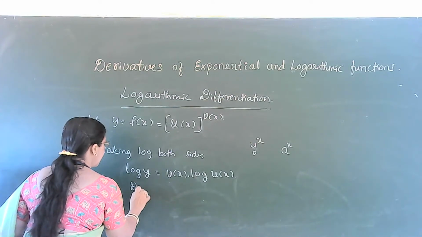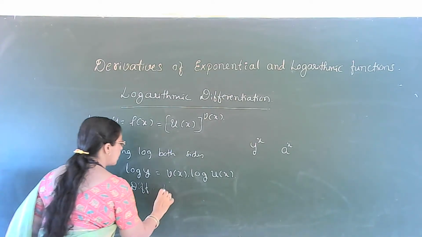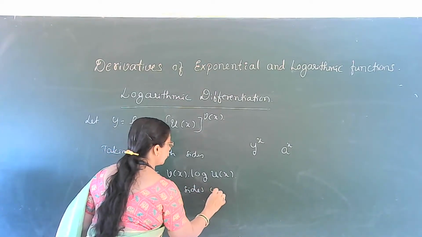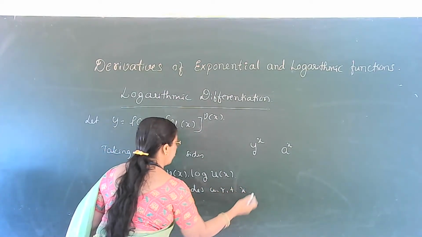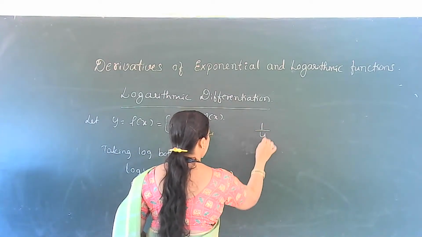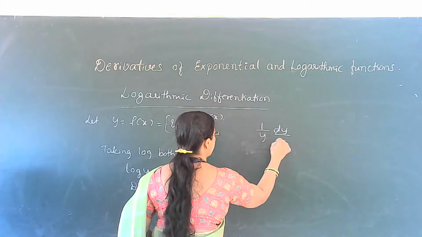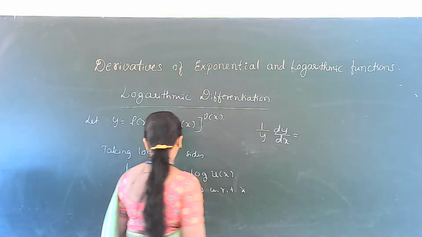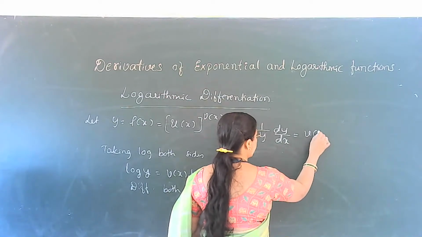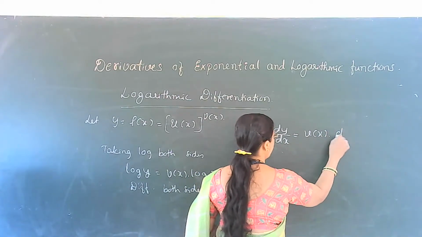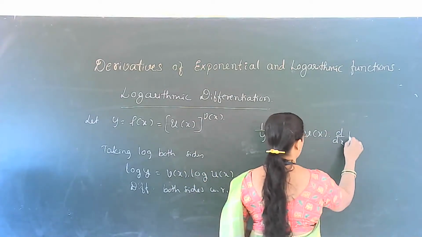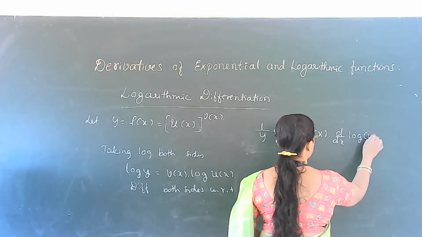Then differentiating both sides with respect to x, we get 1 by y dy by dx, which is equal to v of x into d by dx of log u of x